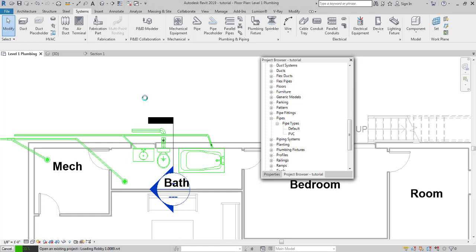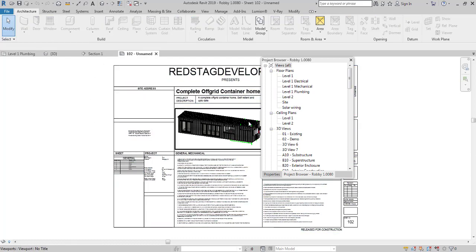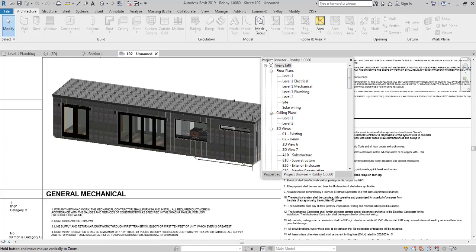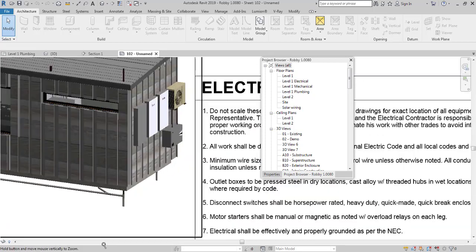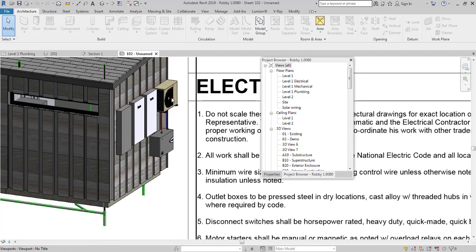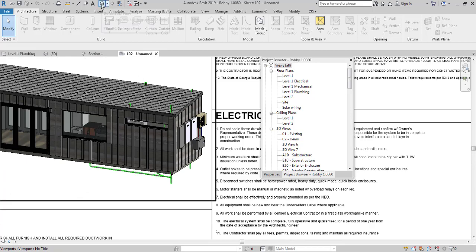It's taking some time. Okay, so this is the project that I did. This is a single story container plant to be made in Florida. As you can see, I've created the pipes. This is an air conditioner. This is a water heater, tankless water heater. This is an air conditioning unit over here. The vent pipes are all the way here. Click on the 3D view.